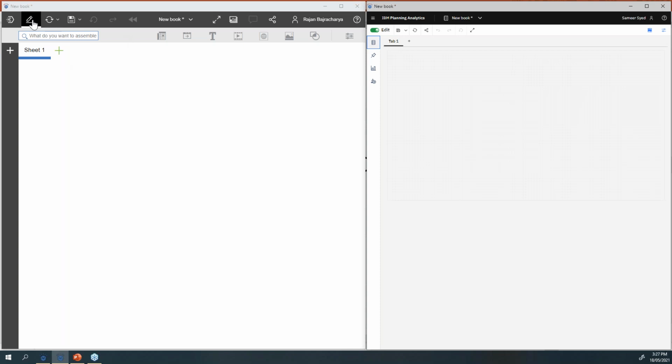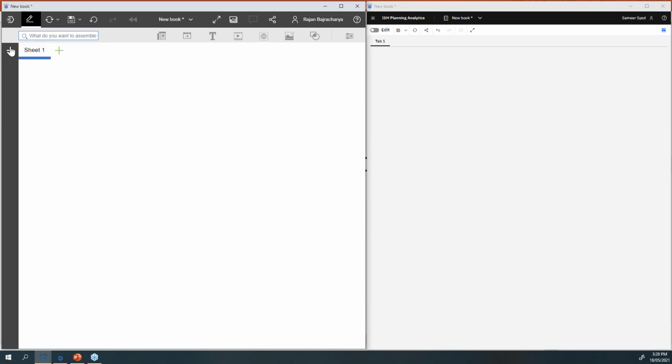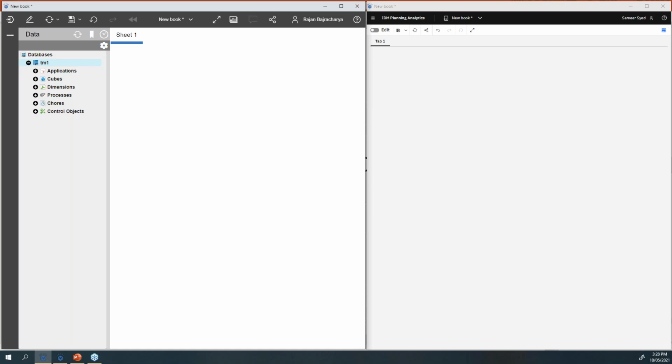And also the symbol for the edit mode, as you can see, when we make any changes to this report, we normally click on this pencil sign symbol where we can switch the edit mode on and off. Now that has been changed with this icon called edit. So you can switch on and off. One thing you'll notice here is as soon as I switch off, this navigation on the left side has gone, whereas with the old one you still have access to all the cubes and views.